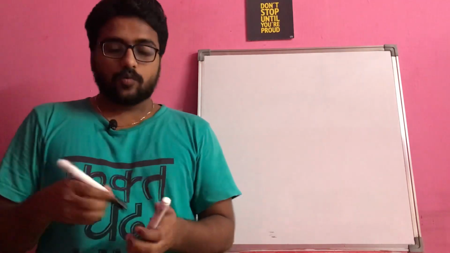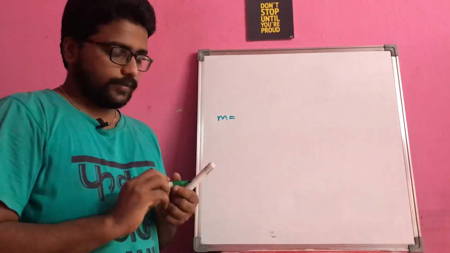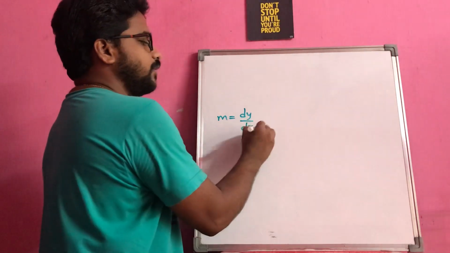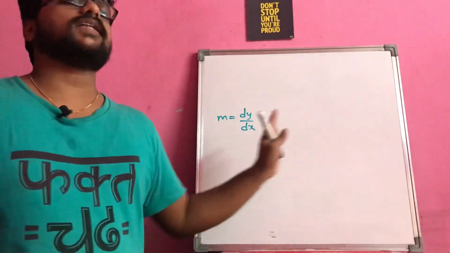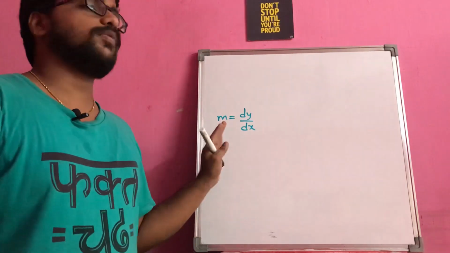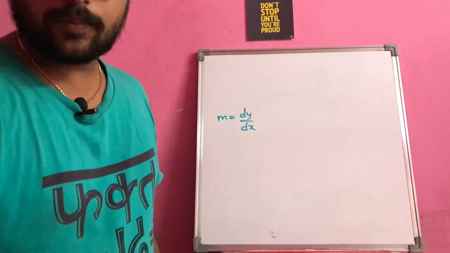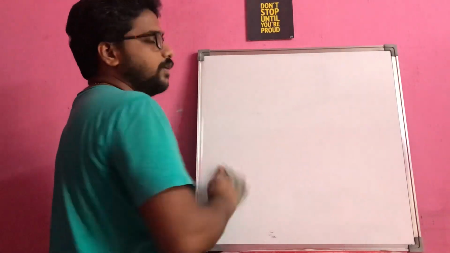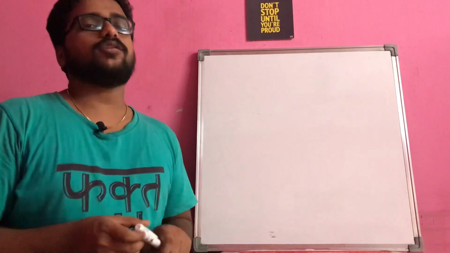Why? Because we know that in our derivatives part, m is equal to dy by dx representing the slope of a line, but it is not always that you have to equate the slope of a tangent to another, because depending on the question we have to equate the slope, whether it is the slope of a tangent or the slope of a normal. So please try to remember it this way: if they are parallel lines, the slopes are equal. Don't remember it like m1 is equal to m2 or something like that. That may lead you to a misconception.